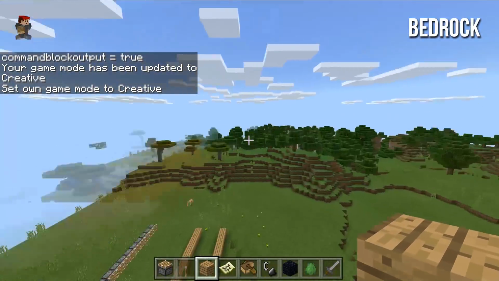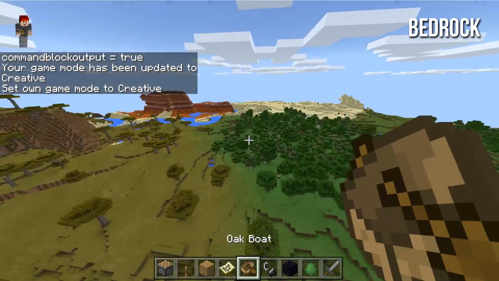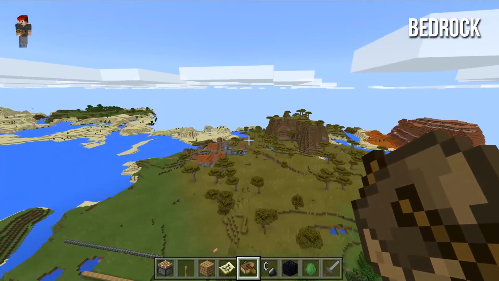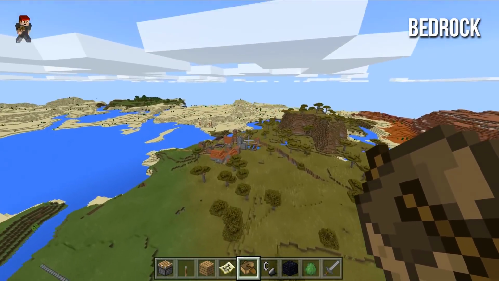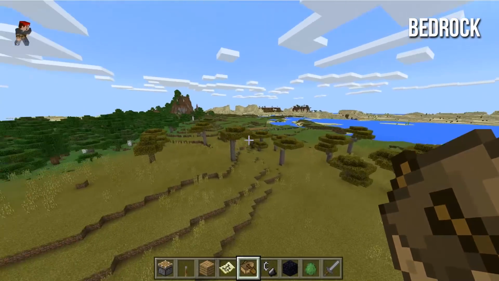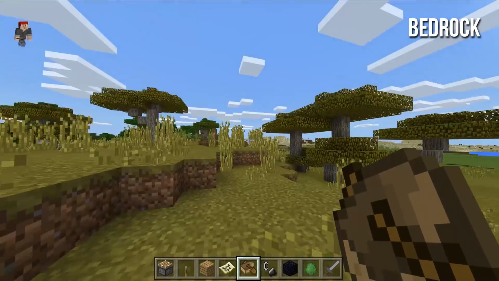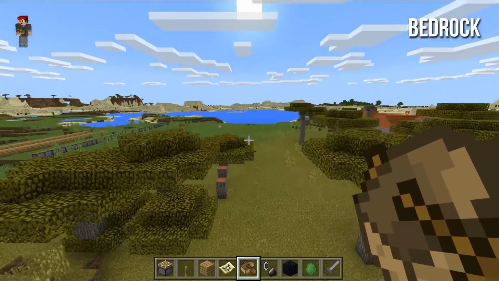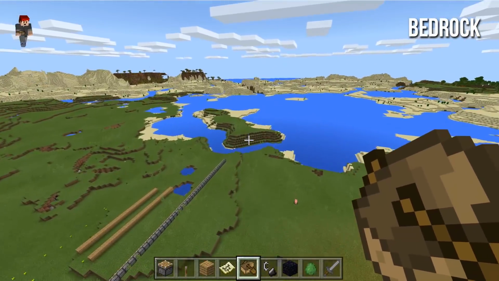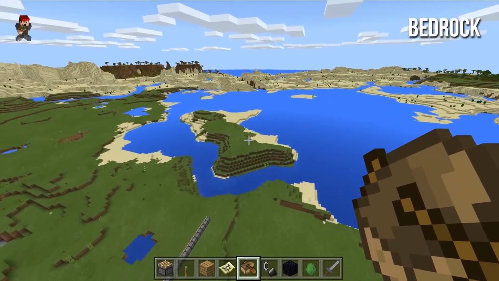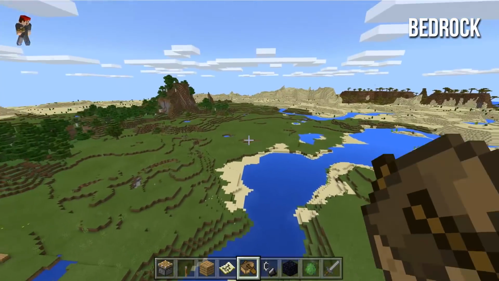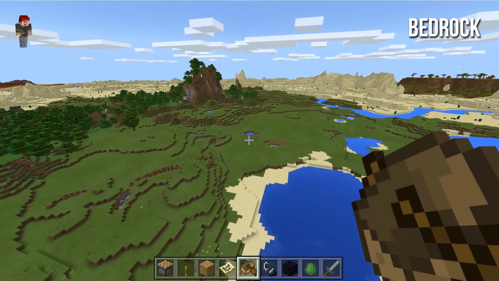Compare that to the Windows 10 Bedrock Edition here. Everything just loads in so fast. I mean, it's just incredible just how fast and snappy things are. I don't have the same F3 menu to tell me exactly what my frames are, exactly what resources this is taking up, but everybody basically knows that the Bedrock Edition is very, very performance focused. I mean, this edition is really made to work on phones. So given that it is smooth on phones and tablets,